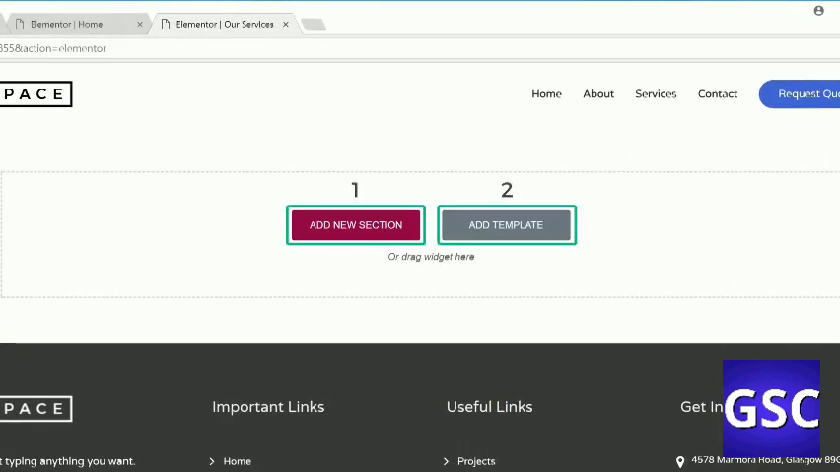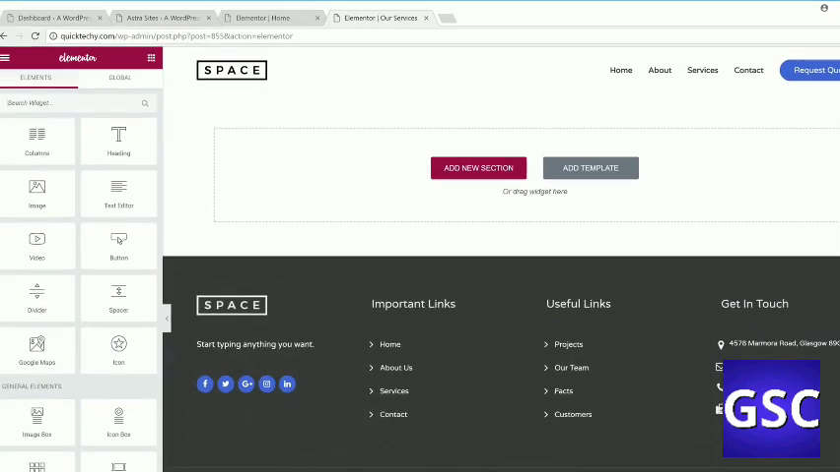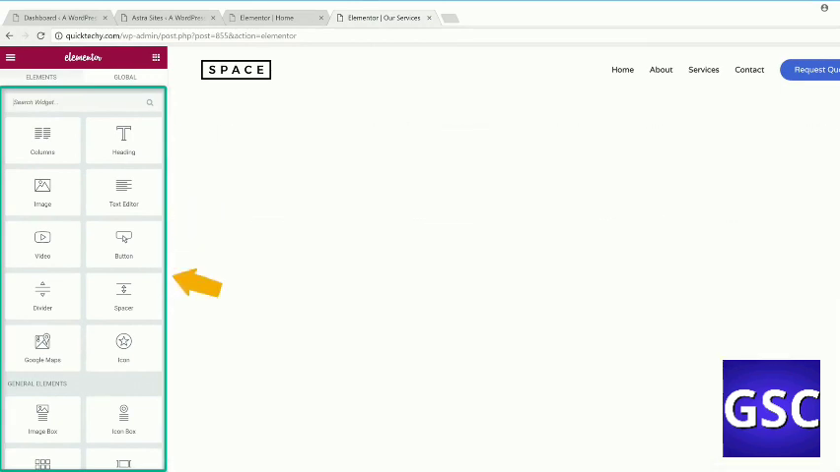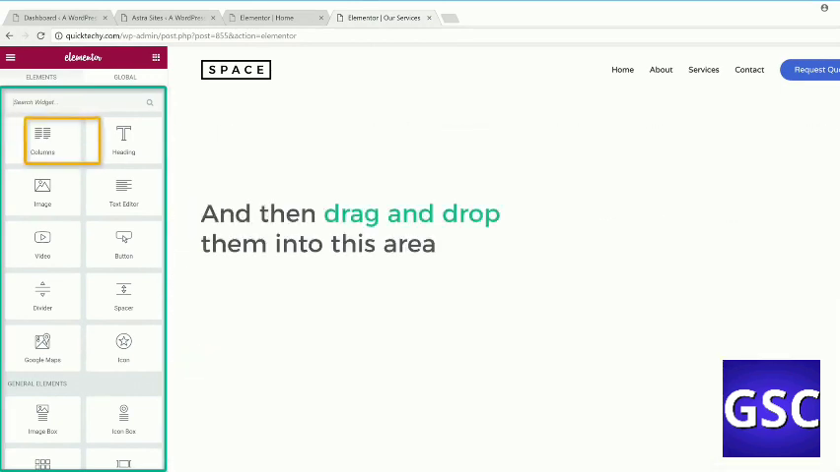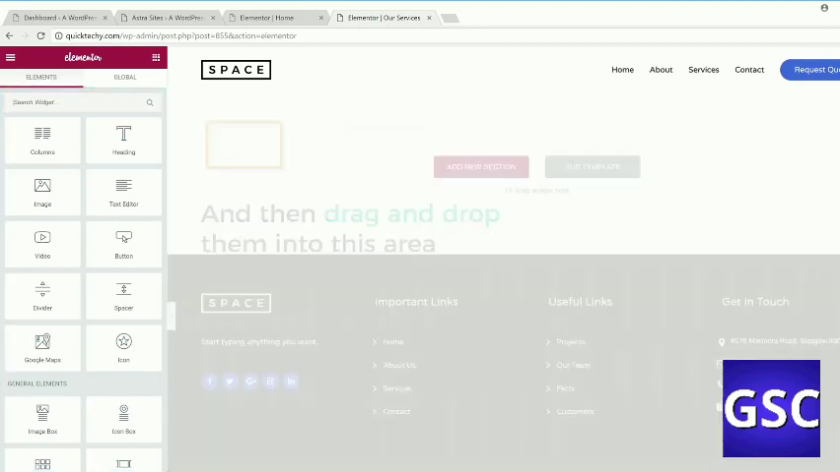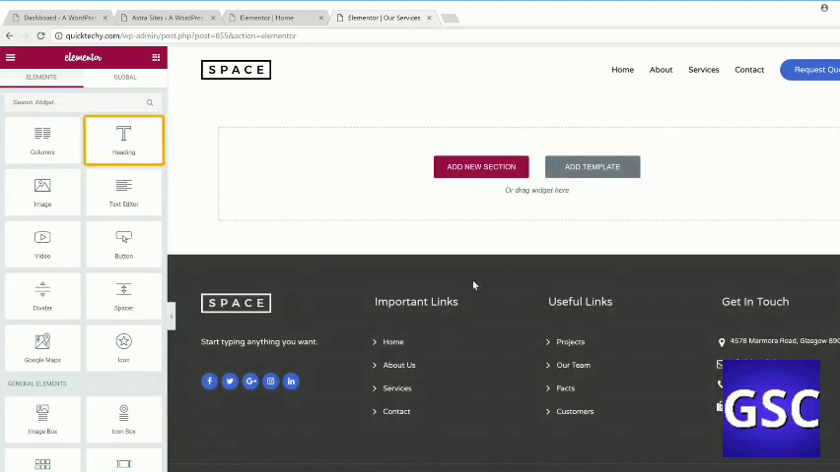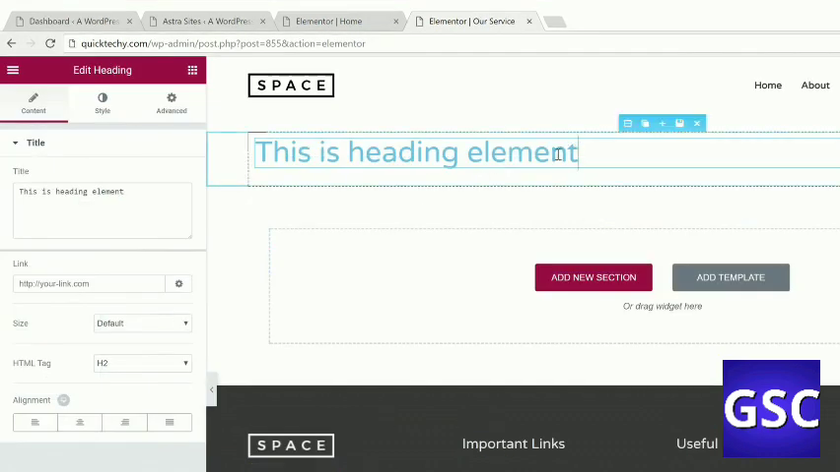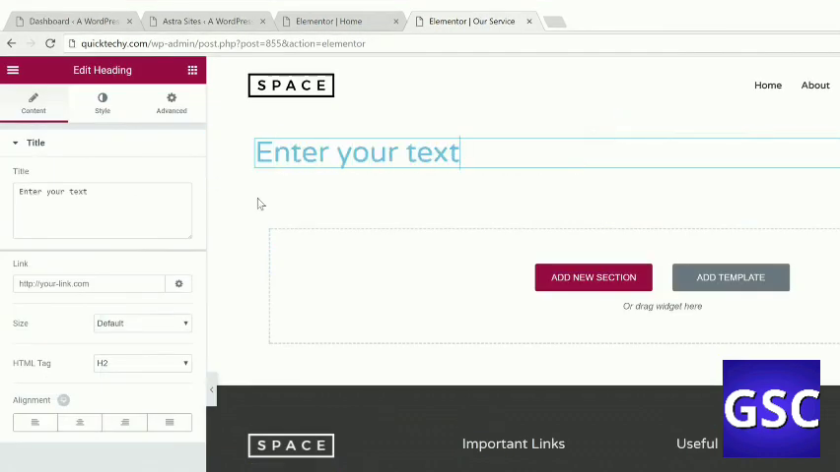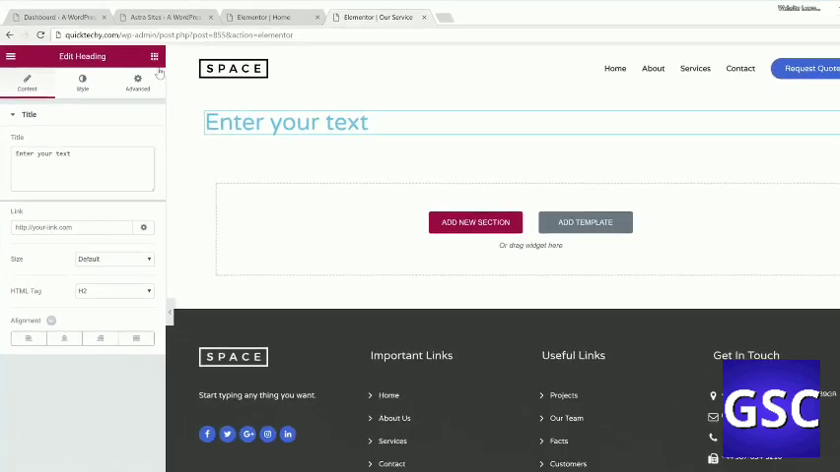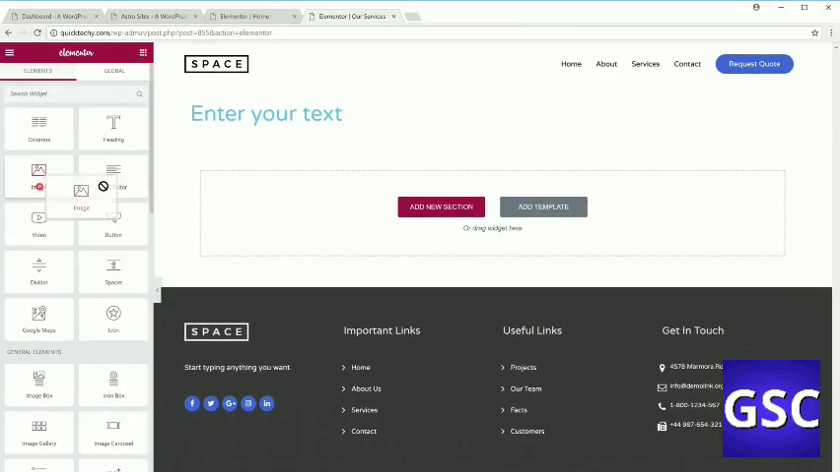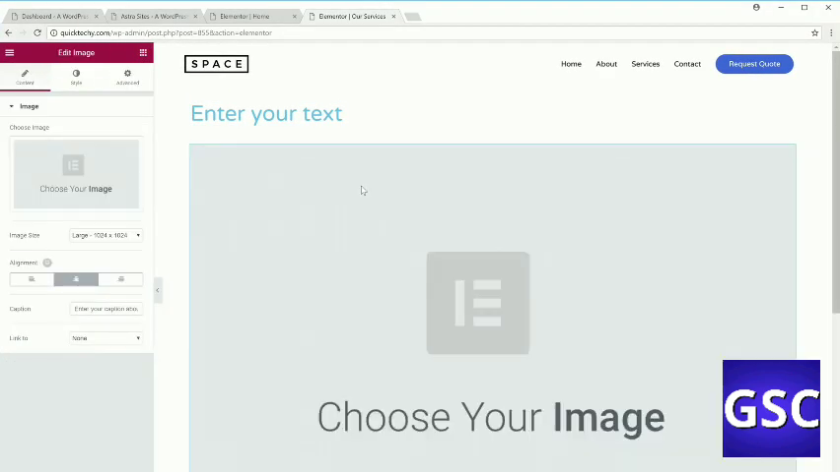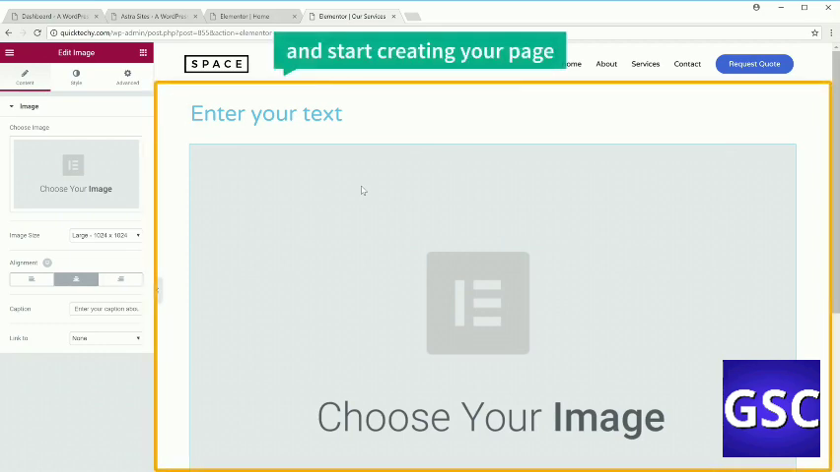First, you can either use these elements which are over here, and then drag and drop them into this area. So for example, if you want to add a heading, you can drag and drop this element here, and then enter your text. And to add an image, you can drag and drop this element. So drag and drop here and start creating your page. Now the other way to create a page